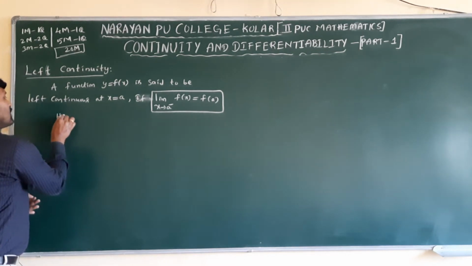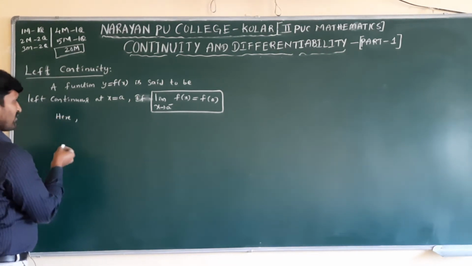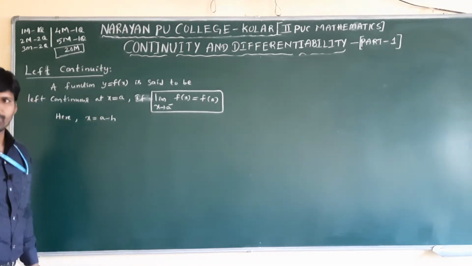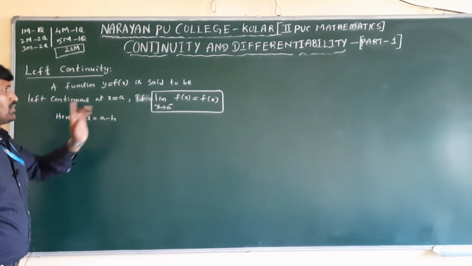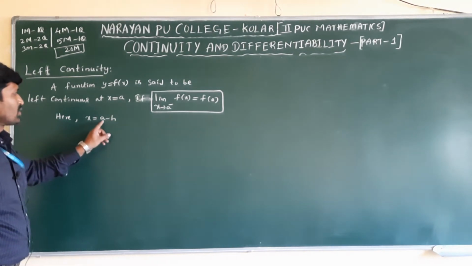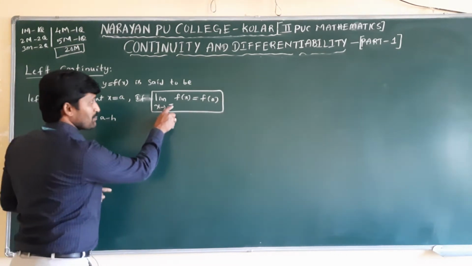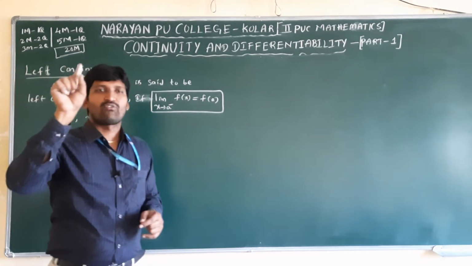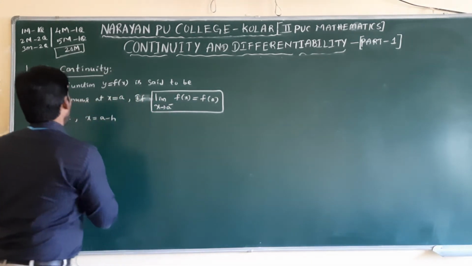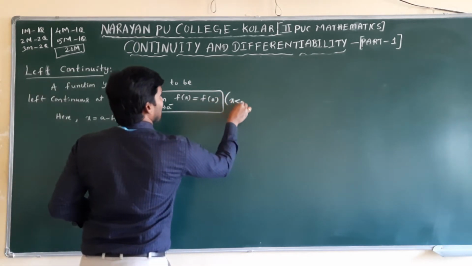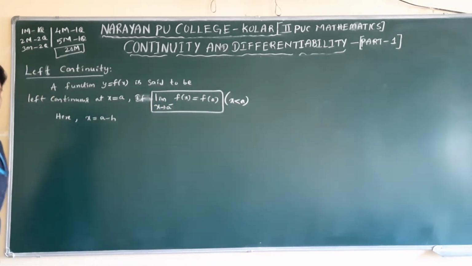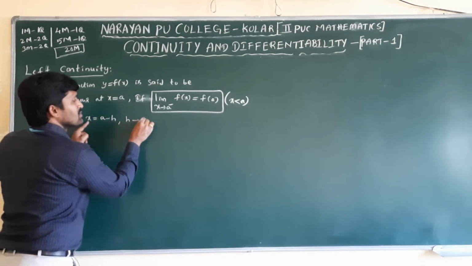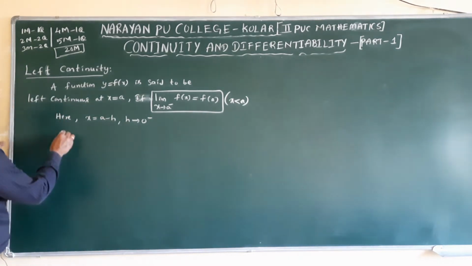Here, when checking left continuity condition-wise, we are taking x is equal to a minus h. Value-wise what are you taking? x is equal to a minus h. A minus here does not mean x is equal to minus a. That power minus means value of x is less than a. Okay? Now the meaning here: x is less than a, below a we have to take. When x is a, a cancels, h tends to 0 minus. What will you write here?